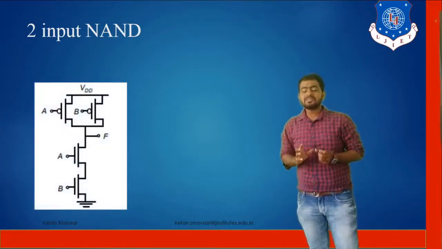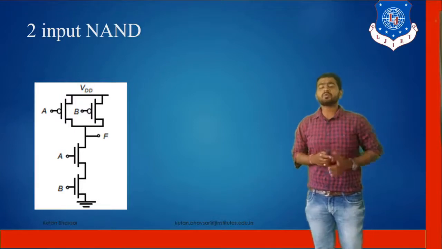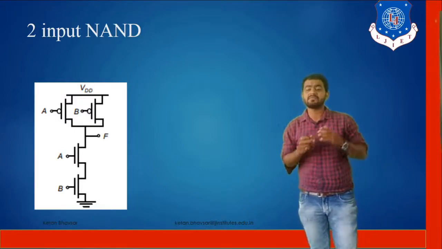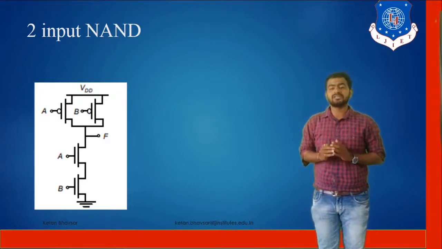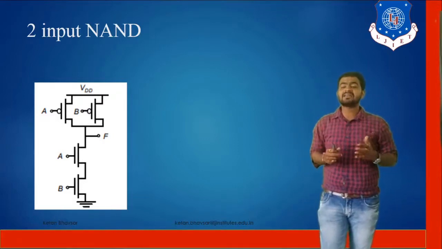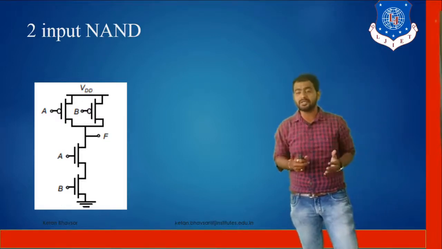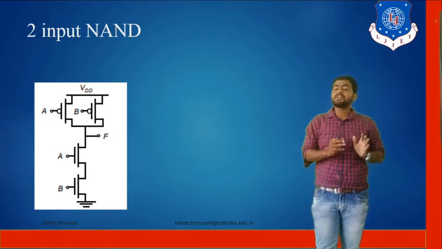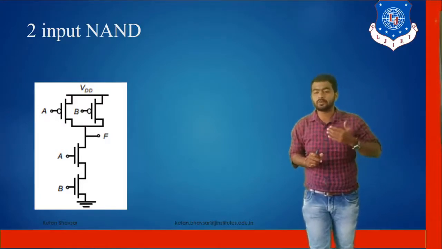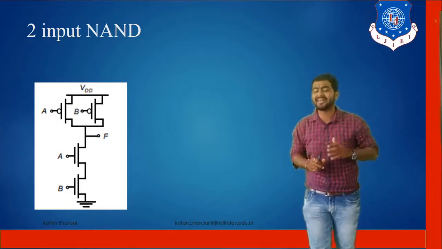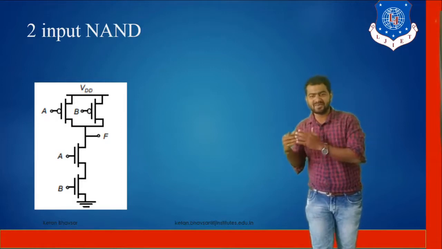Now, before starting complex CMOS designing, first of all, we should know what exactly CMOS is, and we should know the NAND gate and NOR gate very well in CMOS. That is, how we can design a NAND gate using CMOS and how we can design a NOR gate using CMOS for two inputs. I hope that you already know CMOS very well. If you know CMOS very well, then and only then you can work on a two input NAND gate, a two input NOR gate, and also you can work on complex CMOS based design.